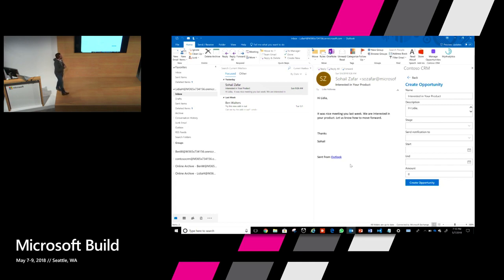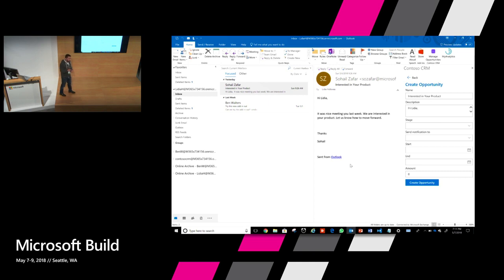Notice another thing: the add-in is able to populate the name and description fields. This is also through the Office JavaScript API. The add-in used the item property in the library to get the subject and the body of the email. And then, using the SSO token I talked about earlier, the add-in is also able to swap this token to get a Graph API token.